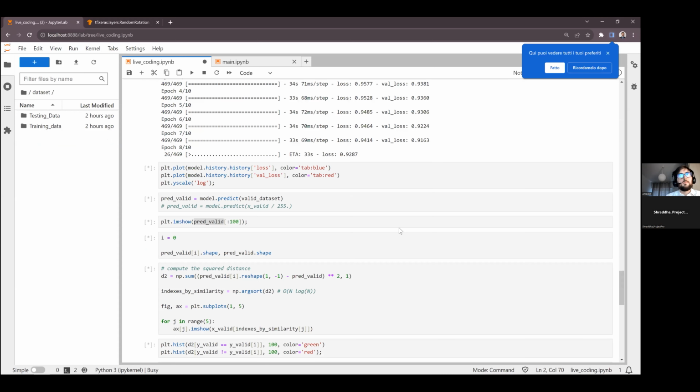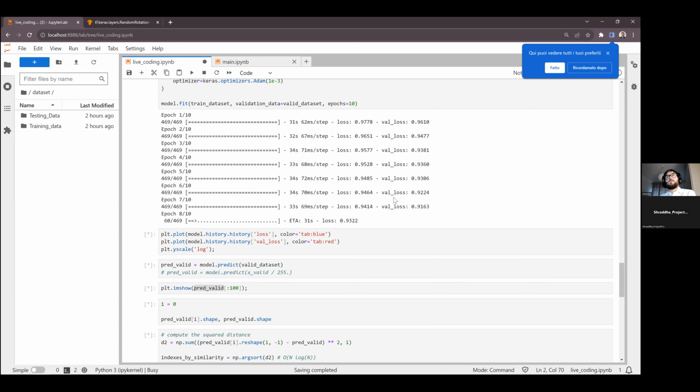Now let's see the training. Okay, we can see that compared to before, the model is taking much longer to train. Before, we had 0.7 as the loss value, but at the same time, before it was moving up and down.